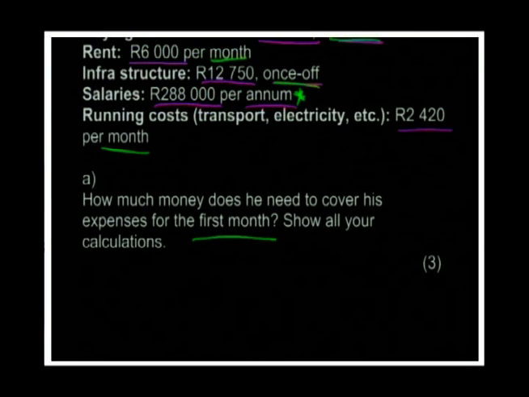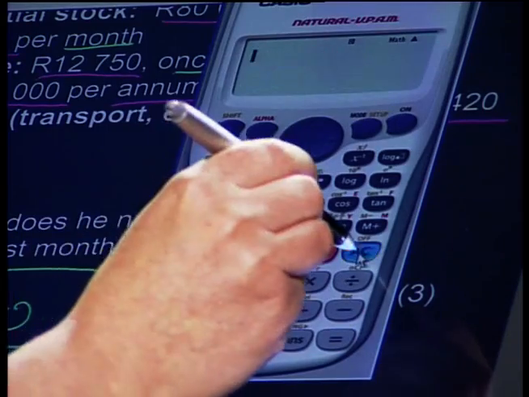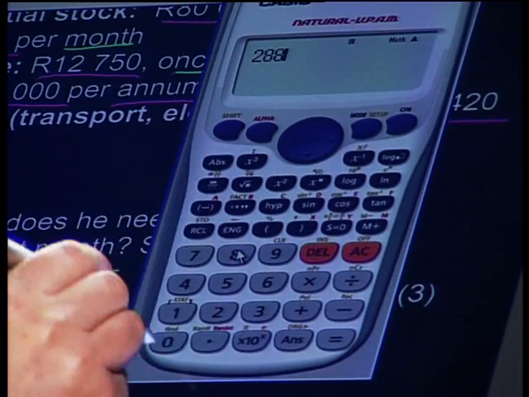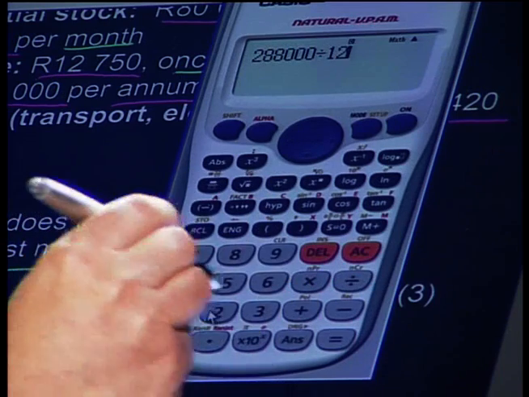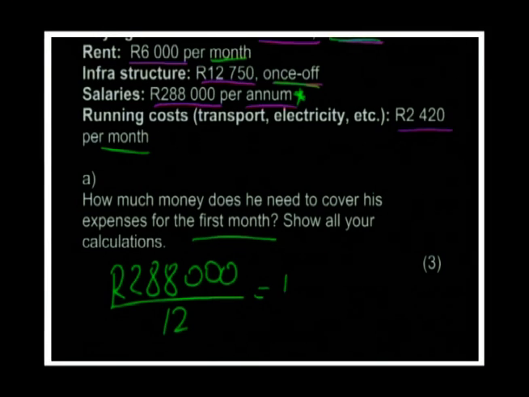His per annum was 288,000 Rand, and we've got 12 months in a year. So let's calculate what that is per month. I'm going to use our calculator. We've got 288,000 divided by 12, and I get an answer of 24,000 Rand per month that he pays in fees, in salaries. 24,000 Rand. Now that I've got that converted, this is per month,